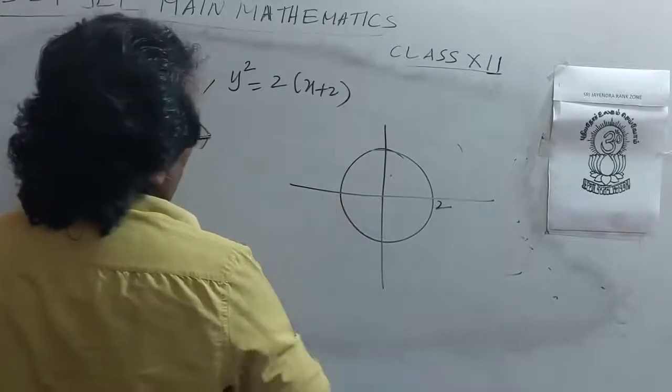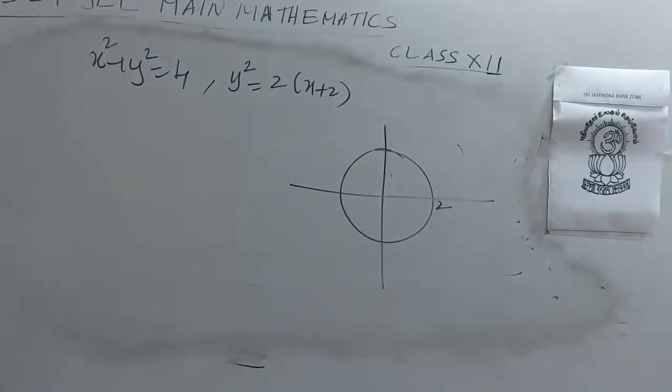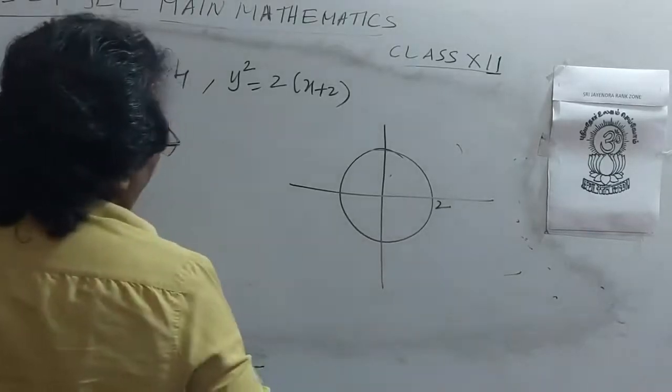This point is minus 2. Here the vertex is minus 2. Also,